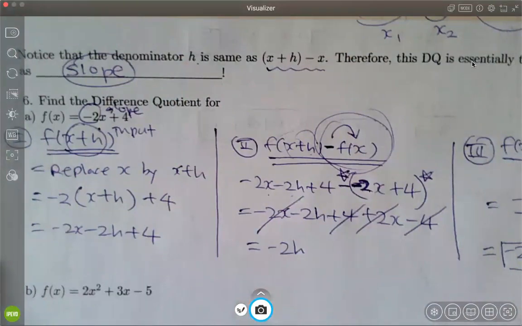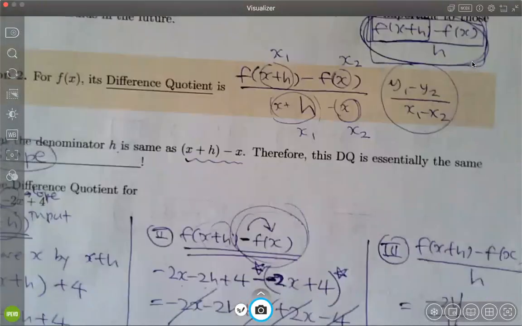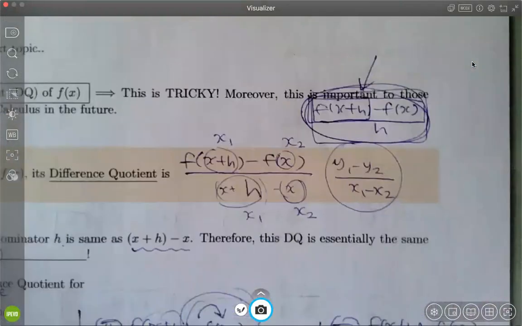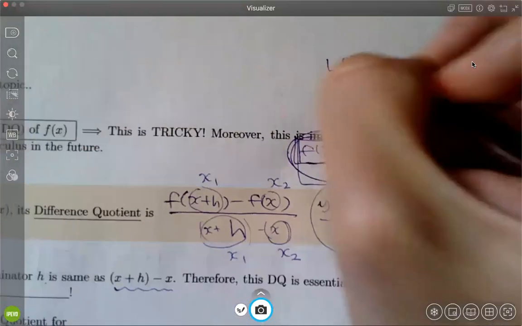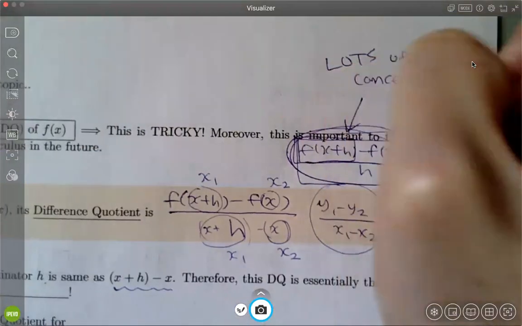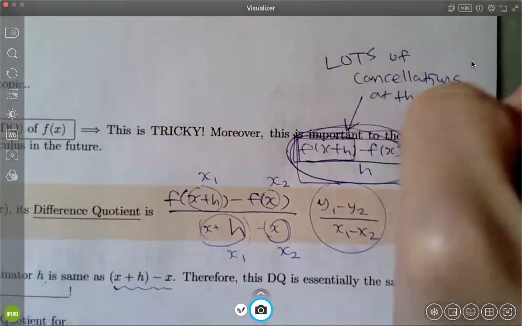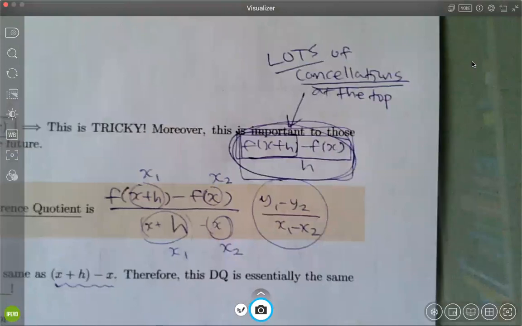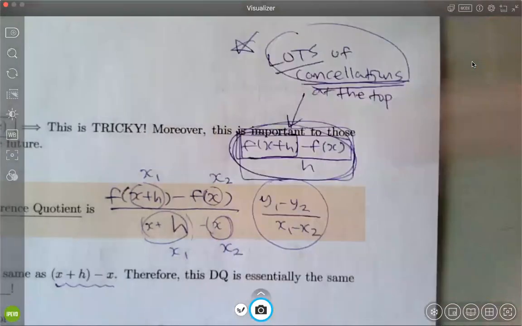So now, going back to this earlier comment about the difference quotient, if you have done your math right, you will see lots of cancellations at the top. Okay, so that is the key thing. So here in this part A, we saw 4 cancellations, but you'll see that things can be much more than that. If you don't see any cancellations on your numerator, you know something is wrong. Okay,